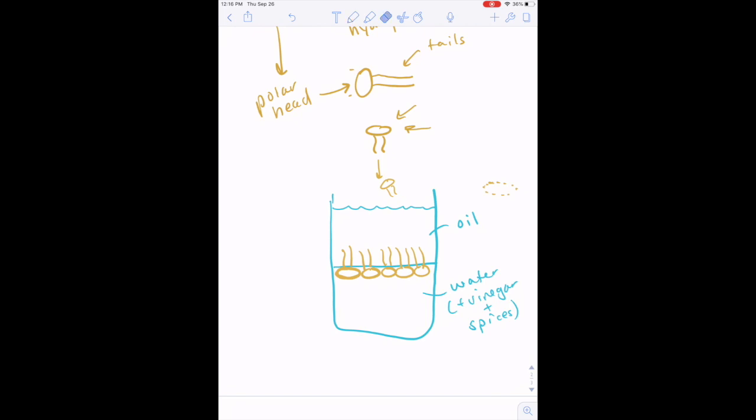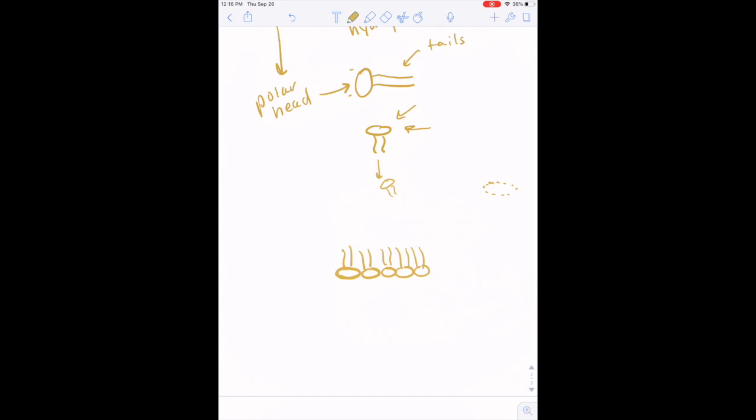Let's get rid of the salad dressing. I do love technology, but I don't like phone calls while I'm trying to screen record. Anywho,